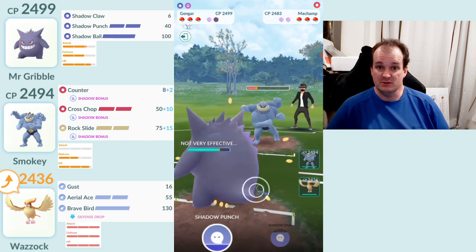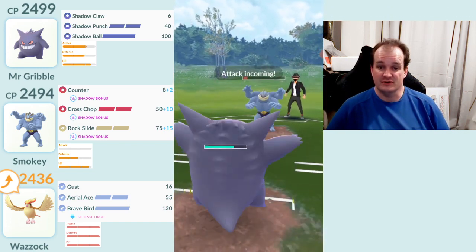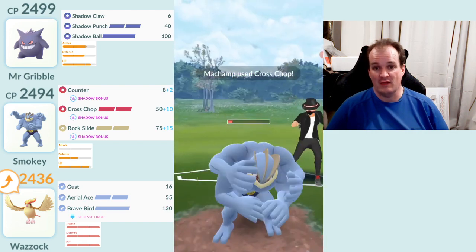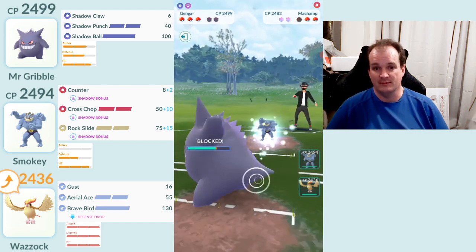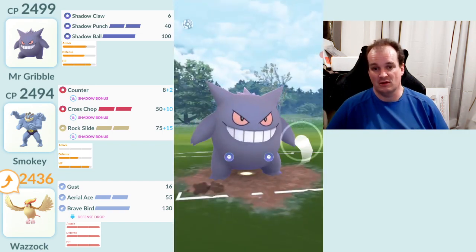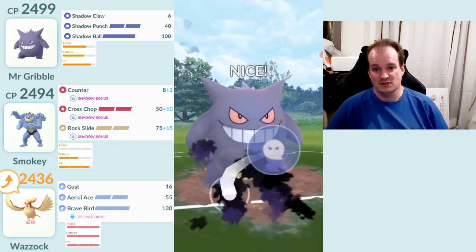So Shadow Punch, they didn't shield. Okay, so they're looking to take shield advantage off us. That's okay, we're happy to give them that. We're going to nibble away at the Machamp and take it all the way down, because we've got shield deficit, but we have got a Gengar with loaded energy. So we can throw the Shadow Punches